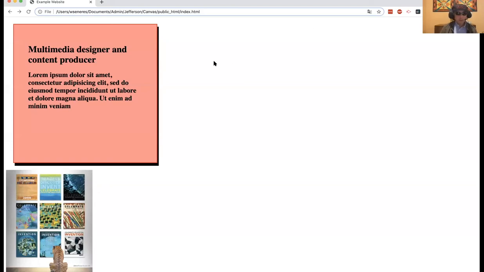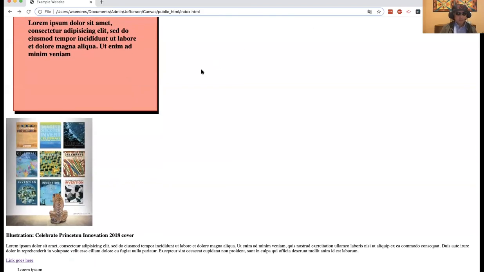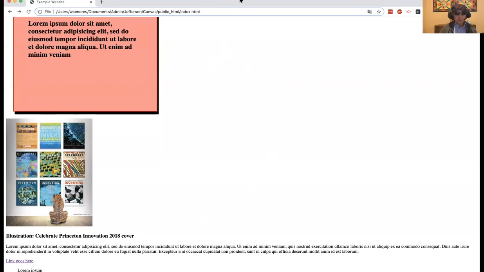Now I'll show you two more things. So if we scroll down, we'll notice that this link is underlined. Most of the time you don't want that, or if you do want that, you want to be able to control it. So we can go to our code, back to Atom,